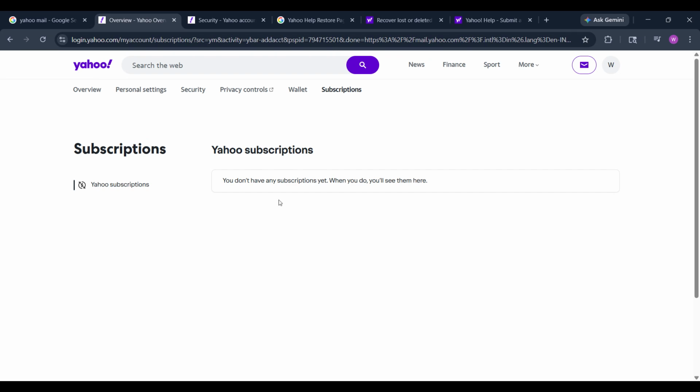If you were trying to find where your Yahoo subscriptions are stored, this is the path you need to follow. It only takes a few clicks, and now you know exactly where to go the next time you need to